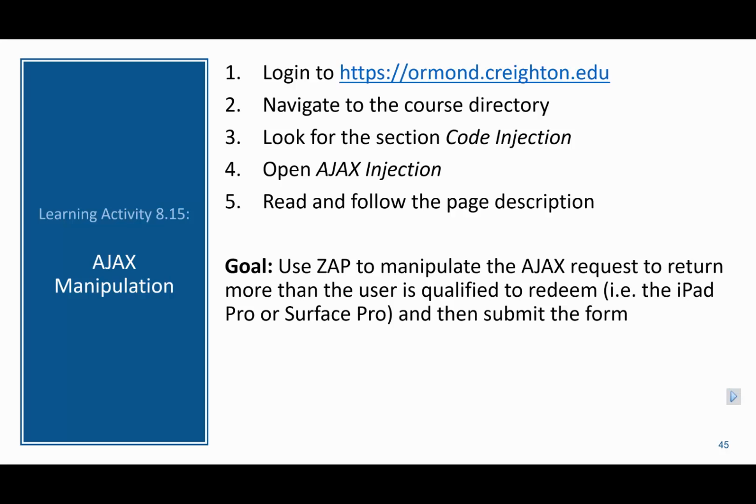We're going to have you read and follow the page description. Try to use Zap to manipulate Ajax to return more than what the user is qualified to redeem. So they have a certain number of points, which they'll be able to redeem for certain items. We want to manipulate this to redeem more than what it would allow us to normally redeem. So go ahead and pause this video and try this on your own, and then come back to compare your